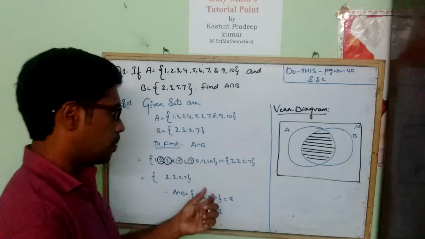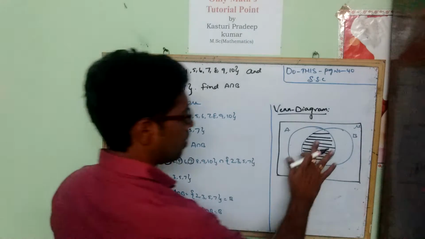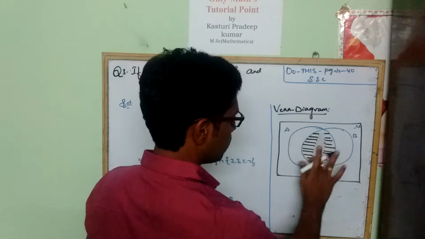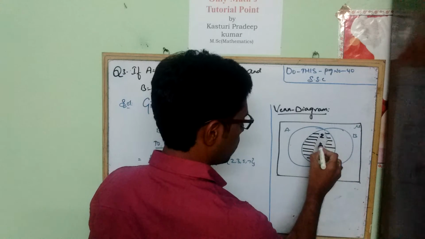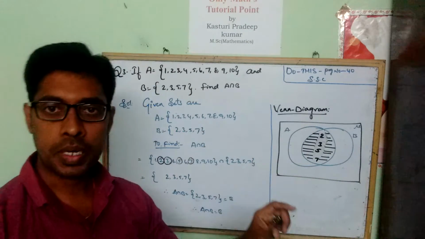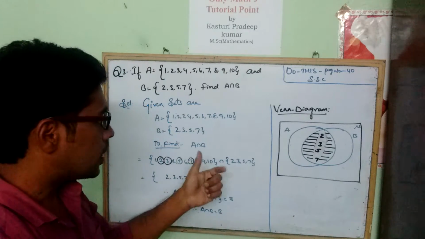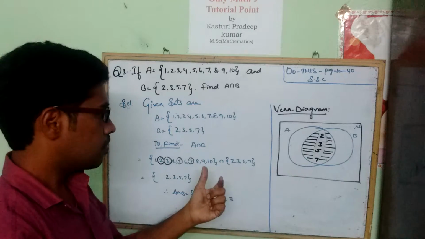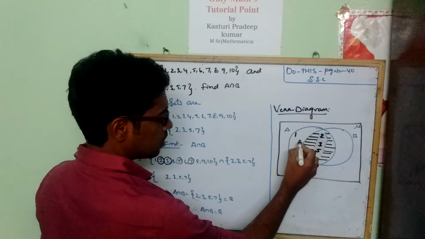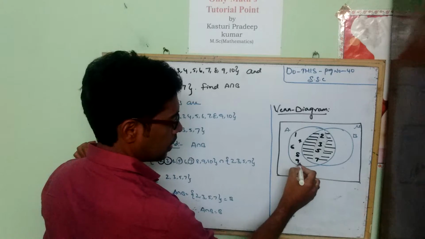Now, first mention what are the repeated terms, what are the common terms that we got. 2, 3, 5, 7. Mention here. So these elements are repeated in both set A and set B. Now see set A, what are the elements other than 2, 3, 5, 7? Mention here: element 1, 3 already is there, 4, 5 is there, 6, 7 is there, 8, 9 and 10.